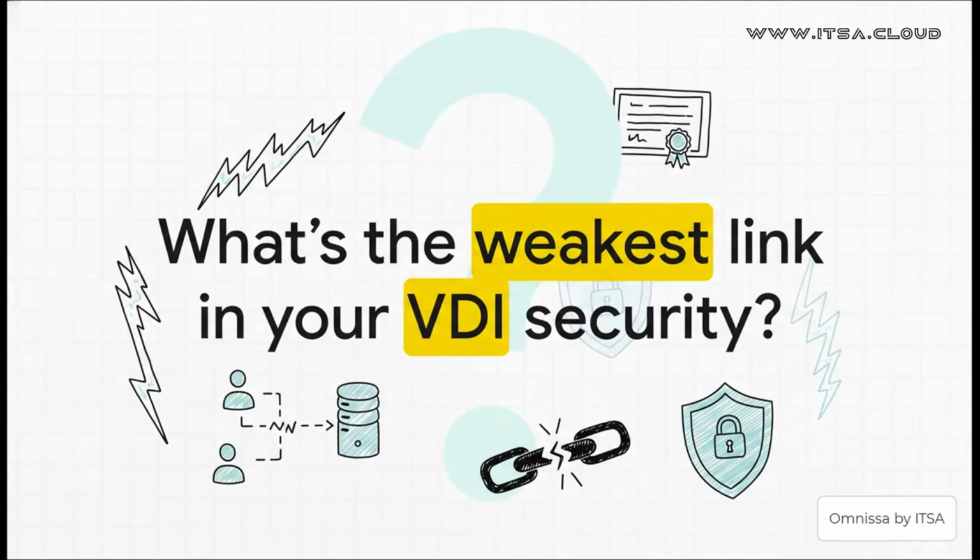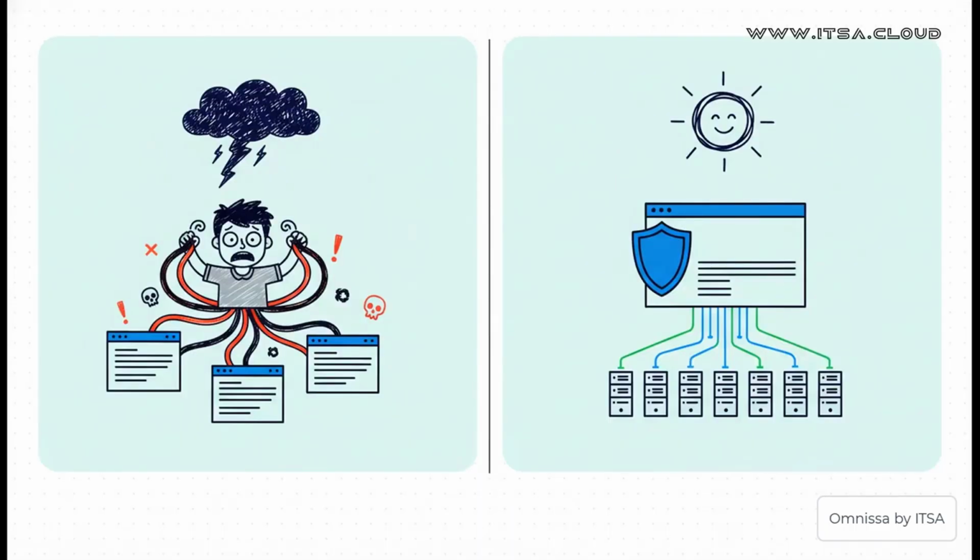So if I ask you, what's the weakest link, your mind probably jumps to firewalls, user passwords, maybe a misconfiguration somewhere. But what if the biggest vulnerability isn't something you added, but something you just overlooked? It's the very foundation of trust between your users and your servers, and believe it or not, it's been there since day one. For way too long, managing security certificates in VDI has felt like this chaotic mess, right?